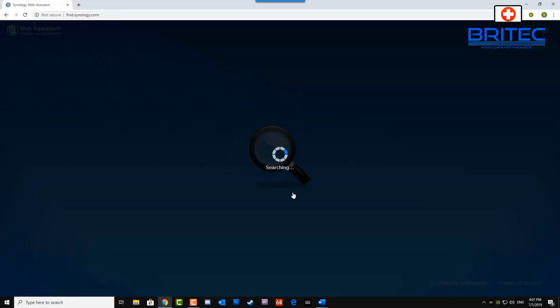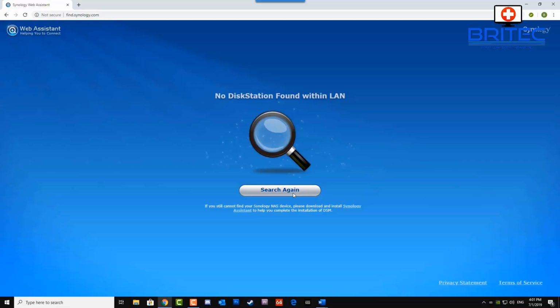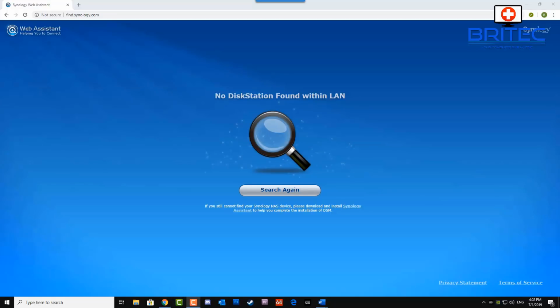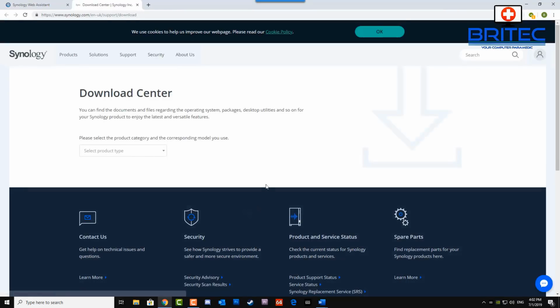Now you may go and search for your Synology NAS the way you normally would do by clicking on search here, and sometimes when you've got an issue with your NAS drive, especially Synology NAS drives, it's not going to be detected. As you can see here, no disk station found on your LAN, and this is quite common. But don't worry, there is a workaround to actually get this to work properly, and I'll show you how to do it. So there's a little link down here. If you look here, it tells you to click on this link, and this will be the Discovery Assistant. And when you get on here, you go to the Synology download page,